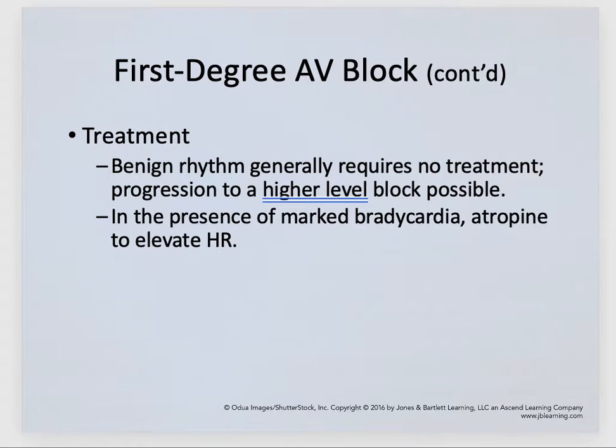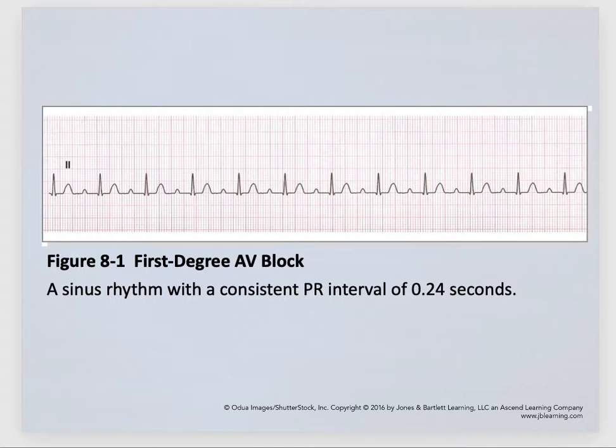The thing about the first degree is it's benign and doesn't really require any treatment. Unless it progresses to a higher level, they might investigate a little bit more. In the presence of really slow bradycardia, they could use atropine to elevate the rate. But in a nutshell, when you take a look at this tracing,